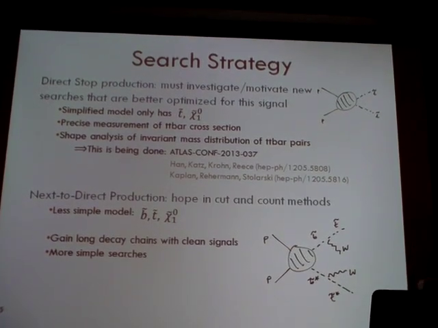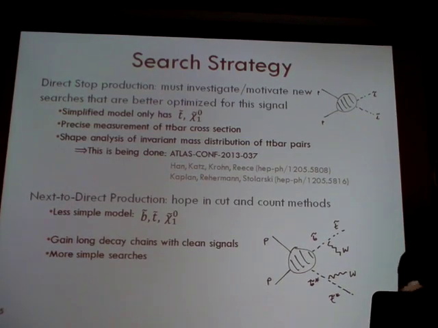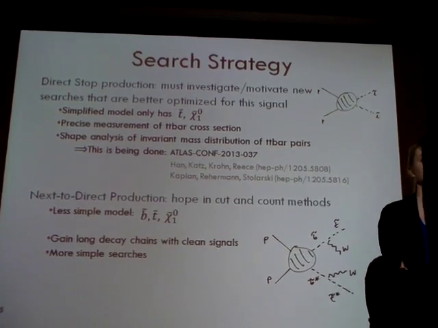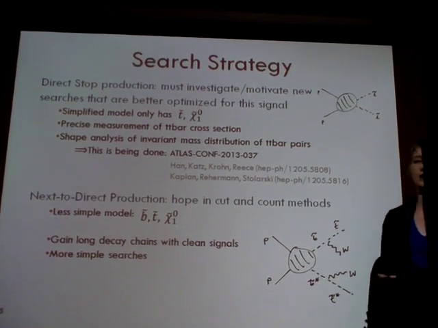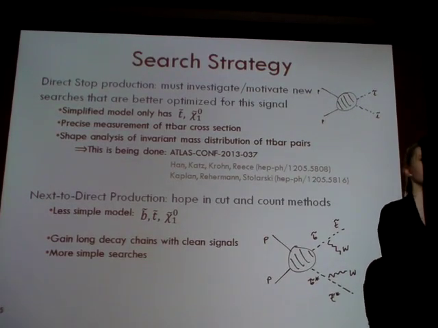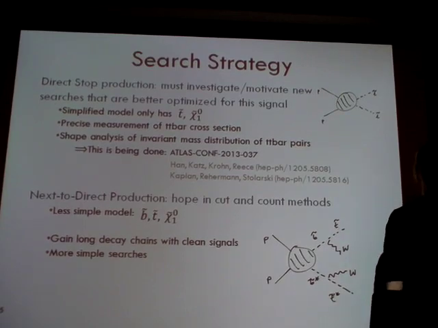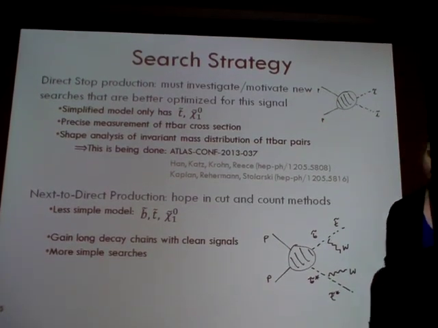I'm saying if you look at next-to-direct production, with a class of models with the sbottom heavier than the stop, and instead of having a simplified model with just the stop and the neutralino, you have the stop, the sbottom, and the neutralino, you can actually close this gap or rule out a lot of these models, and you have potential to rule them out in the 14 TeV run. The idea is that you get these ttWW final states that have really clean signals. It's rare, but the question is whether it's enough that you might be able to see something